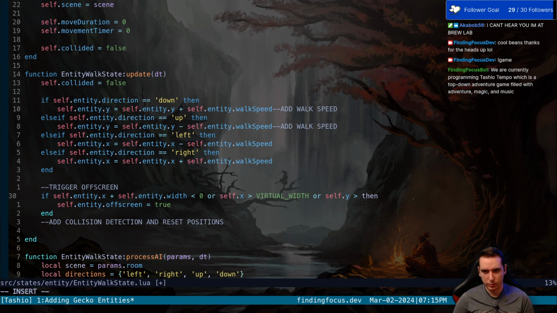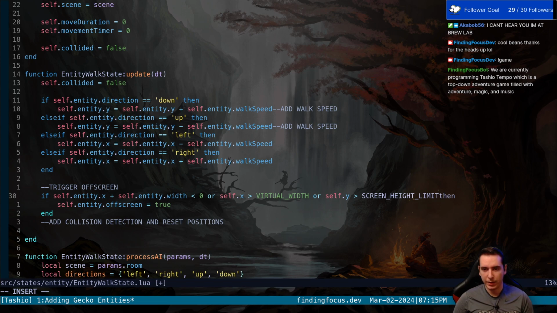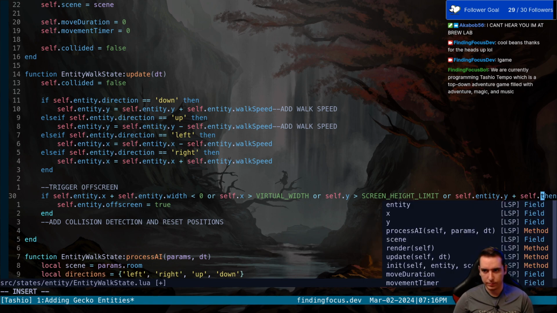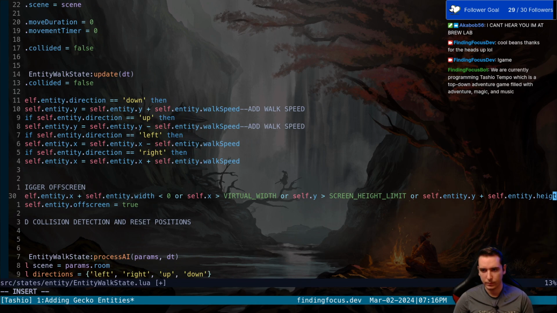Screen height limit, that's what it is. If the top of us is greater than that HUD Y, then we're also going to become off screen. And if the bottom of us, self.entity.y plus our self.entity height